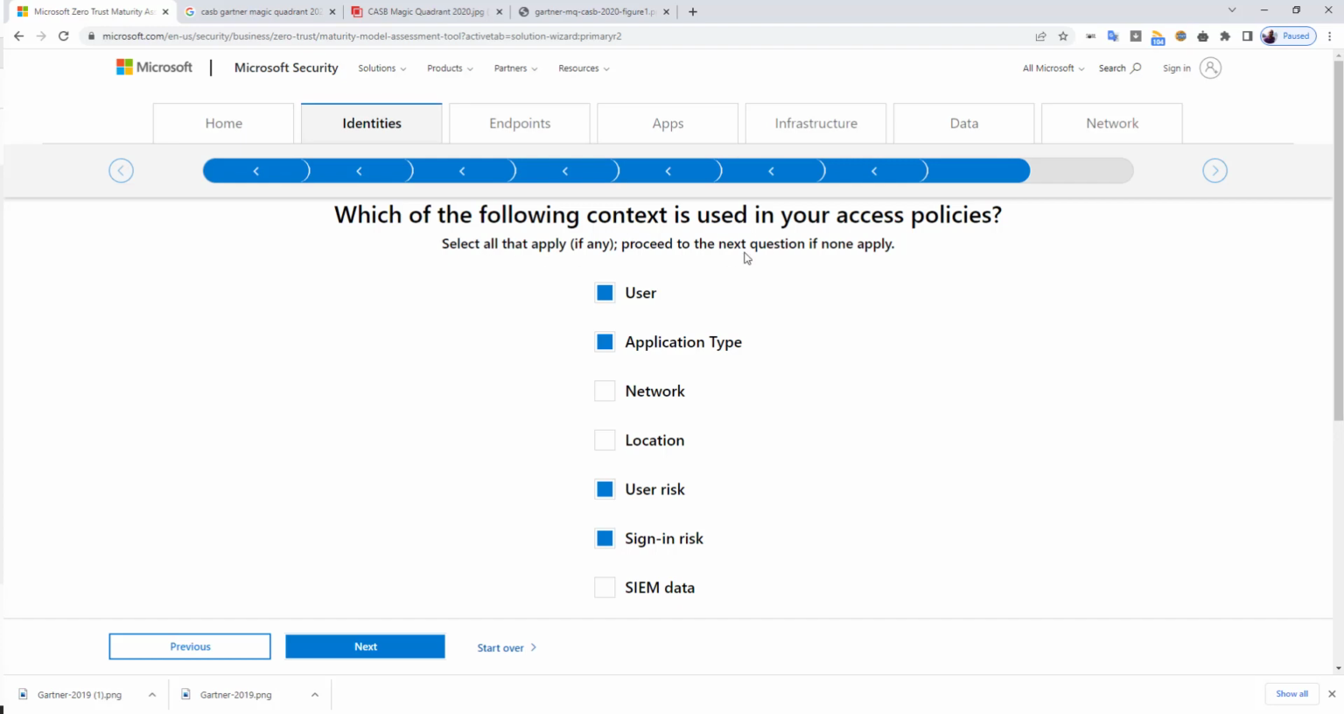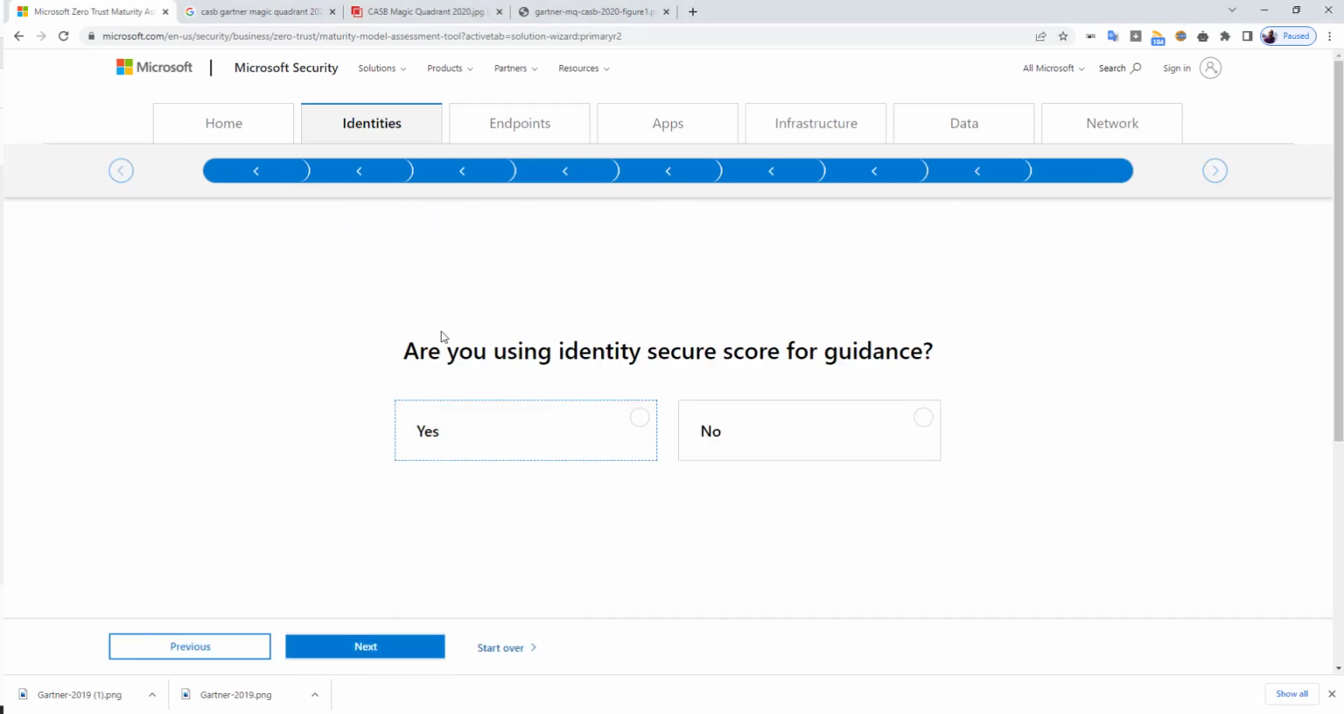We have not done any of these labs yet when it comes to conditional access policies. There's a whole new section coming up, and we're going to talk about that when we deep dive into Azure Active Directory. I will hit next for now and take a look at the last question, which is,